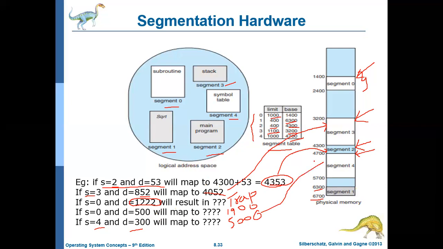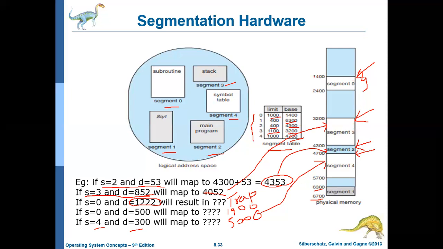So this is how a two-dimensional logical address is mapped to a one-dimensional physical address. The logical address has S and D, and it is finally mapped to a one-dimensional physical address by using segmentation. You can also observe that the segments are not stored in contiguous locations.